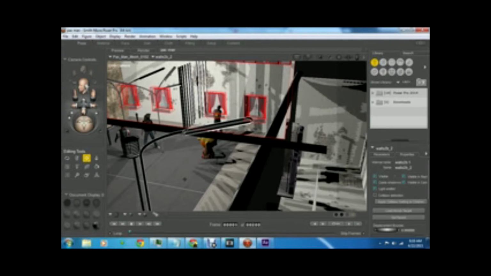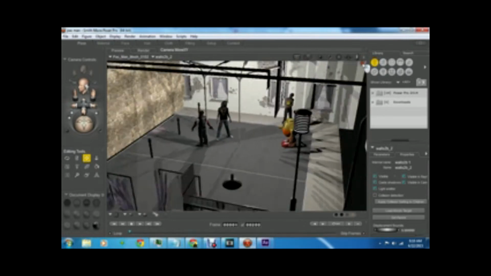I decided to put an actual Pac-Man as the drug dealer. It was always an idea I had, but I had never been able to do it. Once I learned how to use more 3D programs, I was able to put it together, and you guys saw the video. But anyway, I just wanted to show you some of the stuff I use. One of the programs I used is